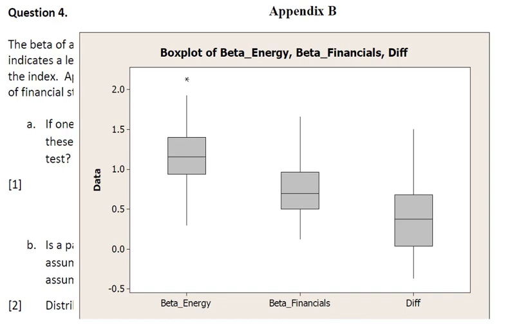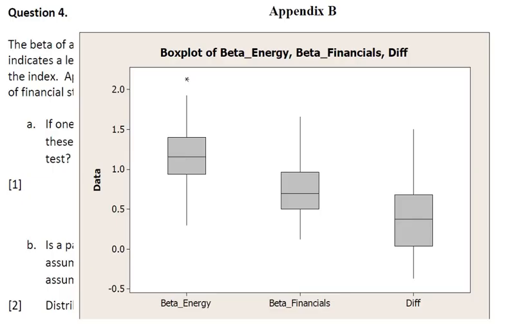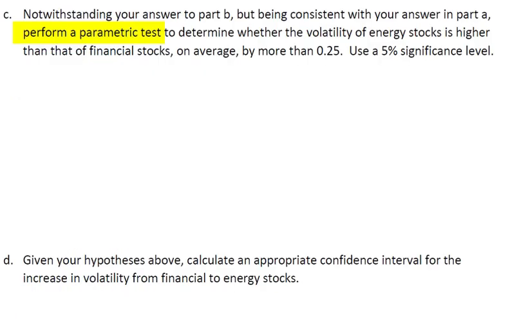And if you look at the samples, we have 33 observations for the energy sample and 33 observations for the financial. So those are large samples. And because they are large samples, we don't need the normal distribution assumption. We only need the distributions given by the box plots to be not extremely skewed with very few outliers, which is the case here. Okay? Now,